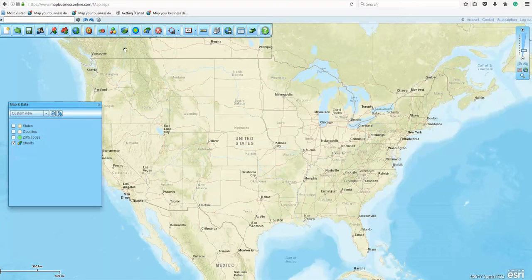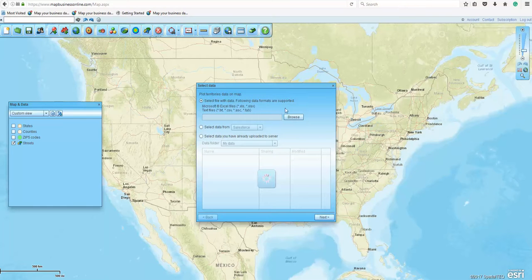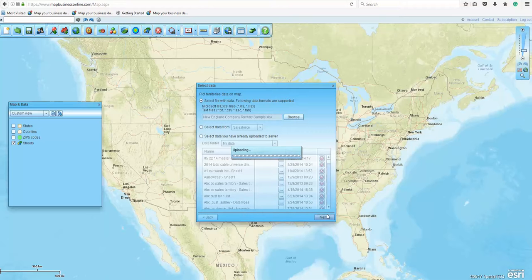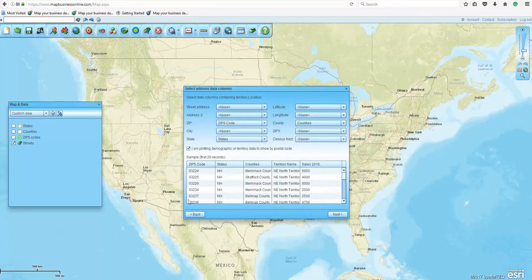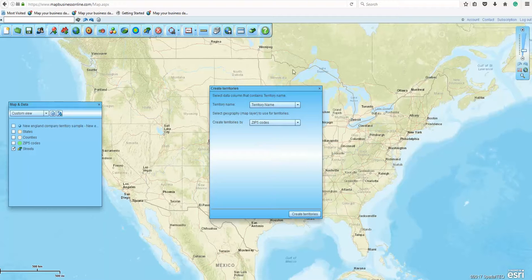So I've got the ability to quickly use my Create Territories button and go out and grab a data set that might represent a number of territories, and I'm getting an Excel spreadsheet here, a number of territories in my particular region of interest, and in this case, we're going to do it based on zip codes. You'll see zip codes populate here because they're labeled neatly, and I've got territory name in the function as well. That's all I need for a zip code map,